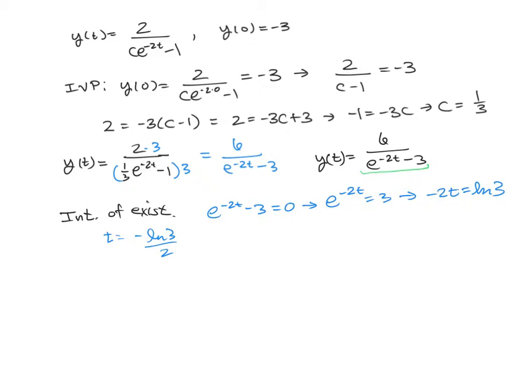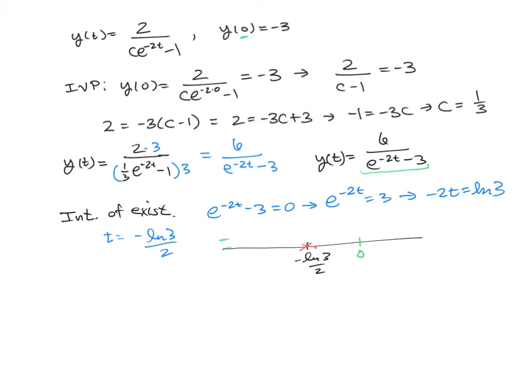So if we draw a number line and look at what's happening, we've got our negative ln 3 over 2. And again, that's a bad number. We do not want that to be in our function because it makes it undefined and therefore not continuous. So now we have to look at our initial condition, and we notice that we want y of 0 equals -3, which means that we want 0 to be in our interval of existence. So therefore, our interval of existence is the biggest interval that contains the initial condition, so that it's got to be starting at